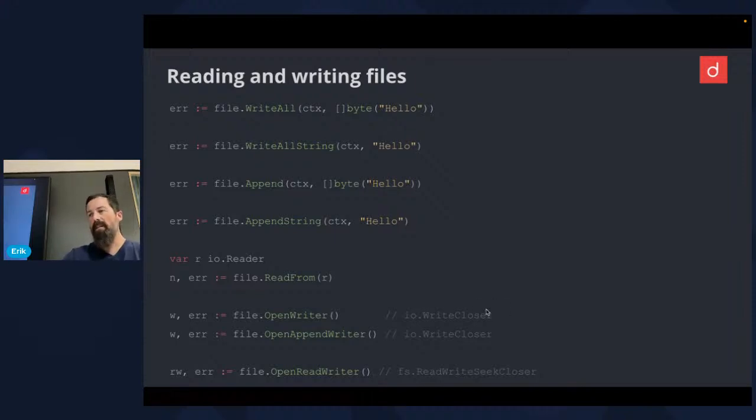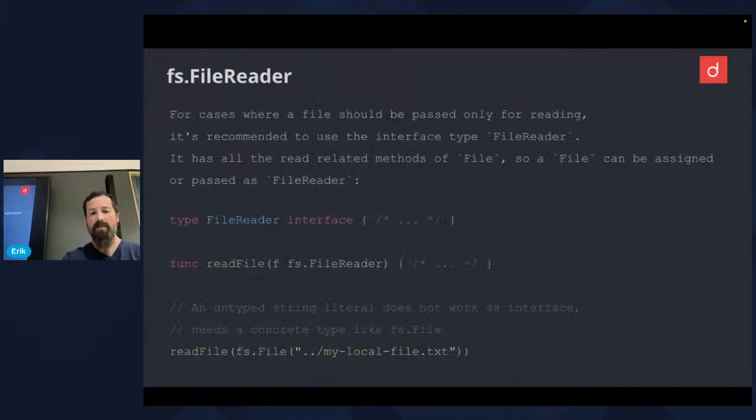But the nice thing is really you can just pass it around everywhere, the FS file or FS file reader, which I'll show in a moment, and basically everything works and you don't have to worry about where the files are coming from. And so, the file reader. What we noticed is that what's really happening a lot is you're passing around files. So you're building up some files in memory, or you're modifying them, or just read them somewhere, and you pass it to another function or some microservice or whatever.